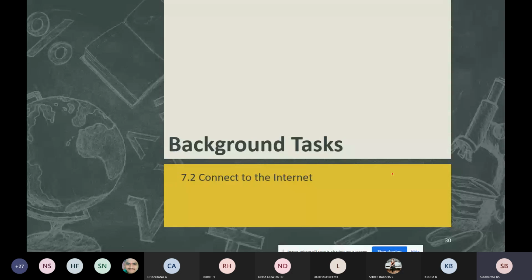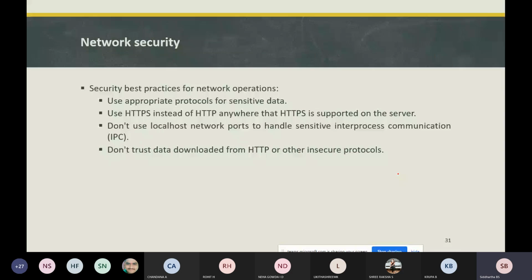Before that, we need to look at network security. Network operations are a risky process, because they involve data that could be private to the users. When the network transaction is happening, the risk will be higher for the private data.